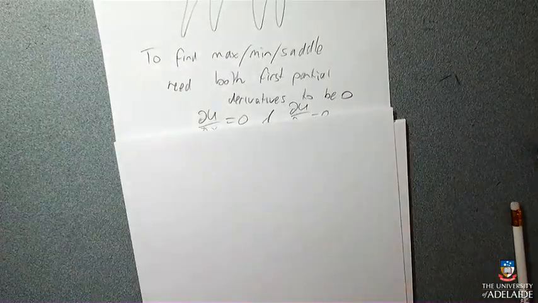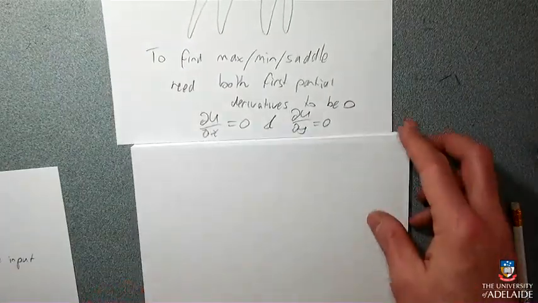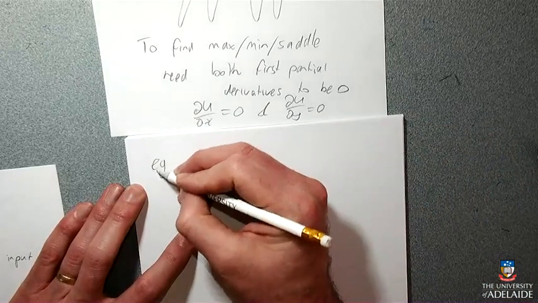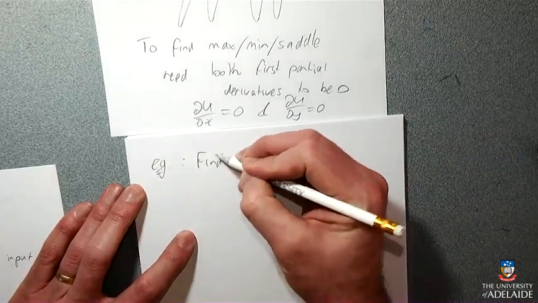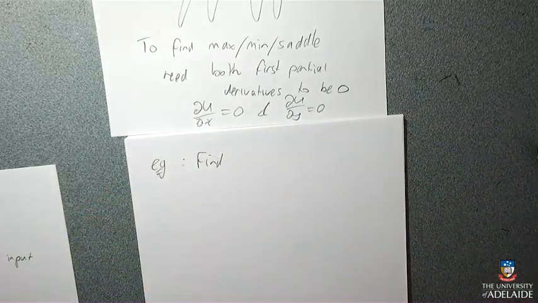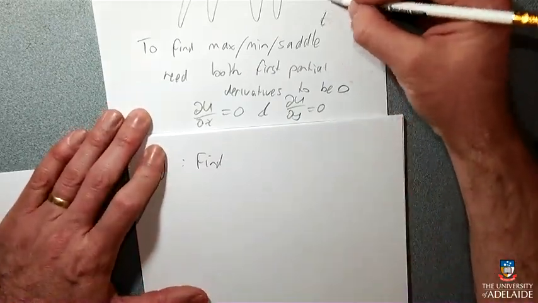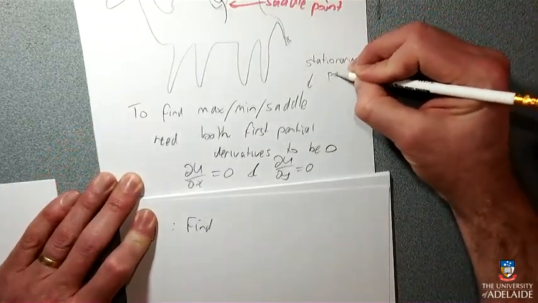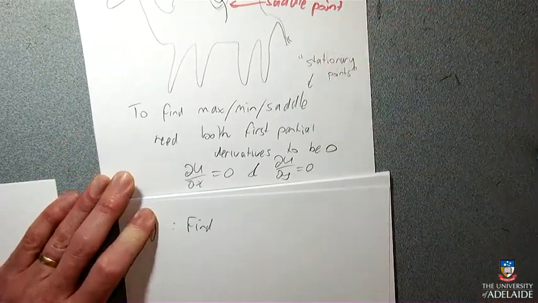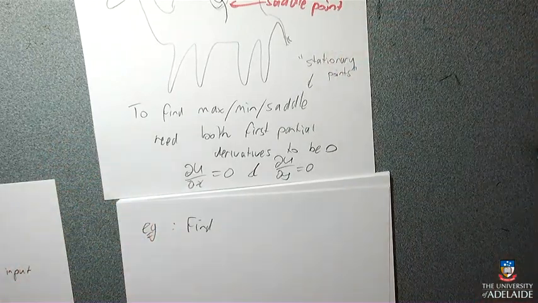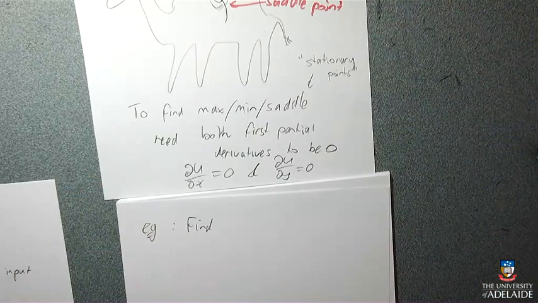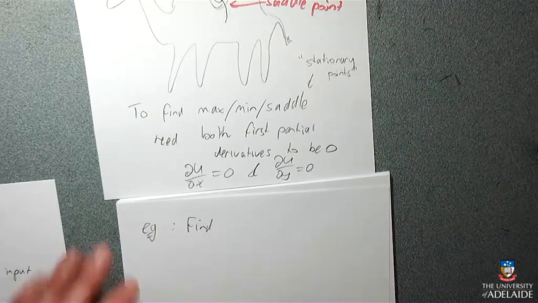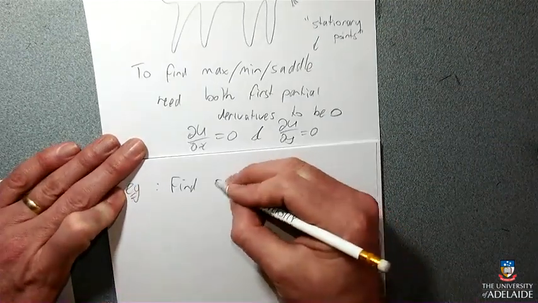So let me do one. I believe they call these stationary points. If you look online, some places will call them critical points. But they're stationary because you stop going up and start going down. For a moment, you're still. Okay, so find stationary